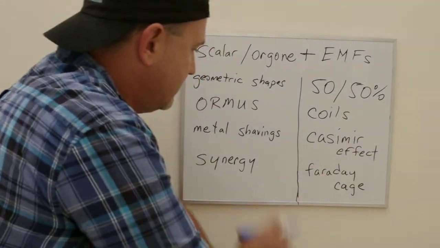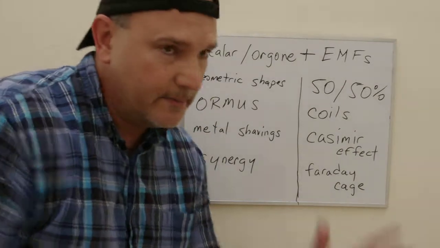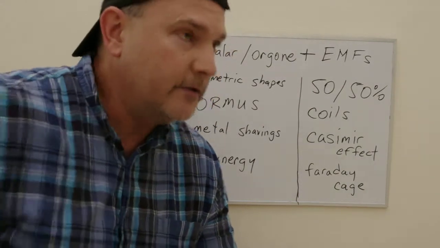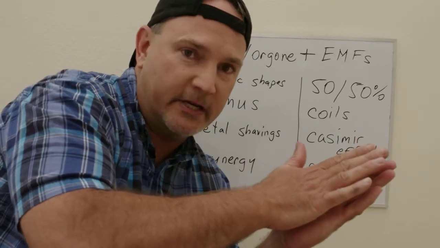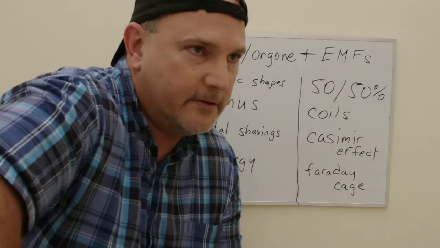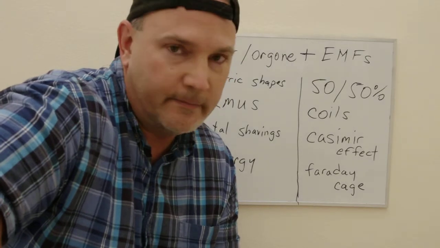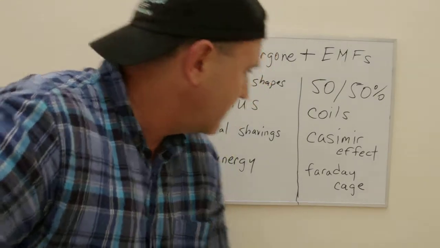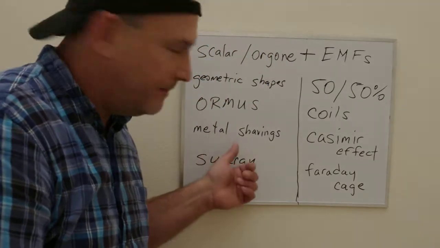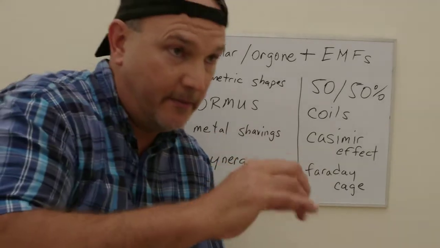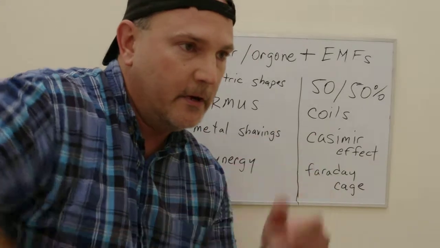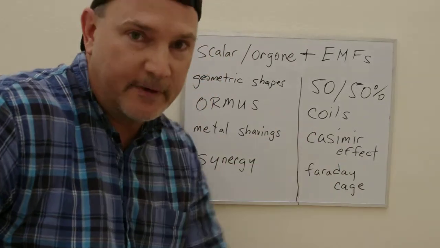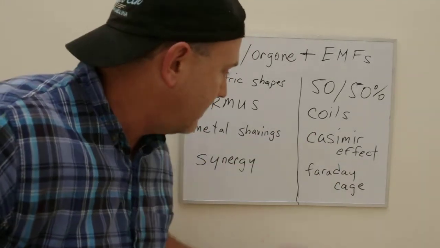Casimir effect is produced, you're talking quantum field theory here, in a vacuum when you have two metal plates that are not touching each other. It's creating some kind of quantum field effect. And it is believed by some that the metal shavings, when they're suspended within the resin, and assuming they're not touching each other, should create the Casimir effect within the Orgonite.